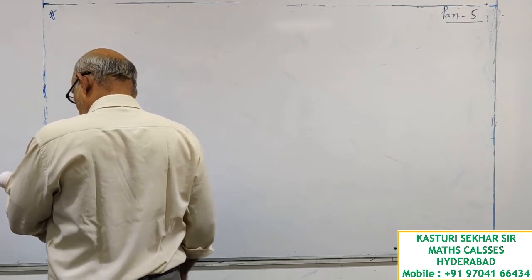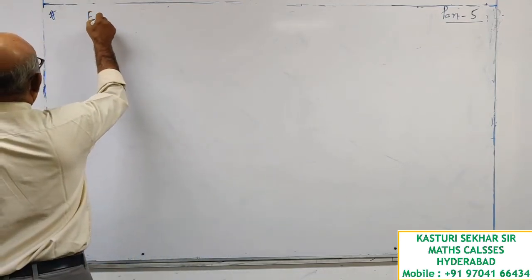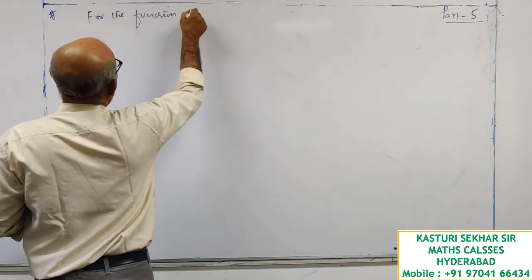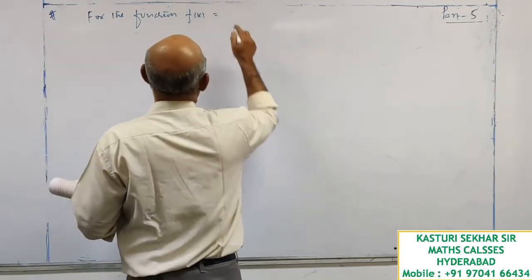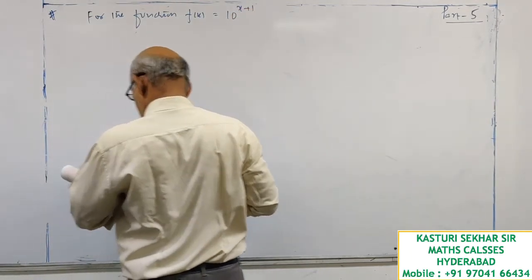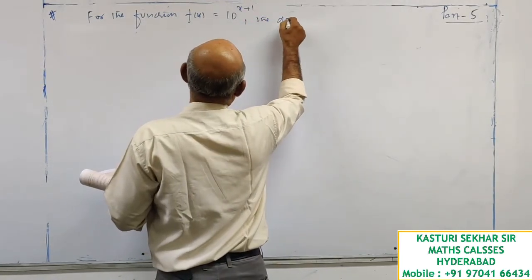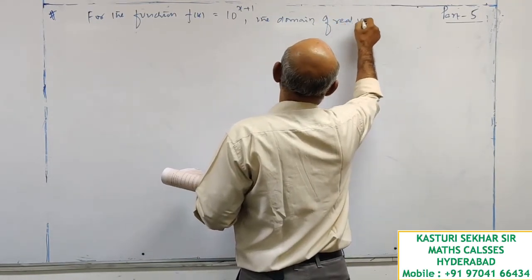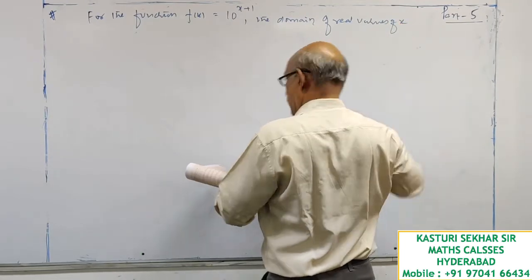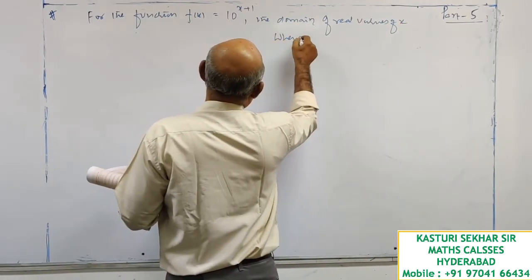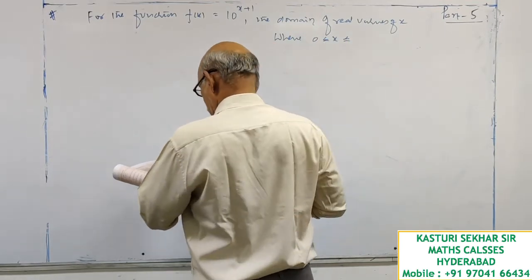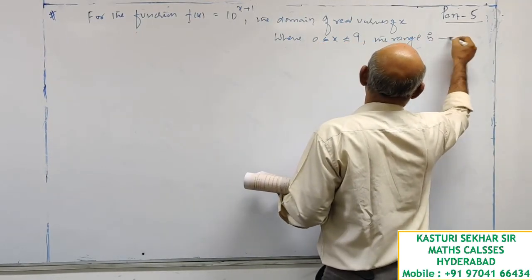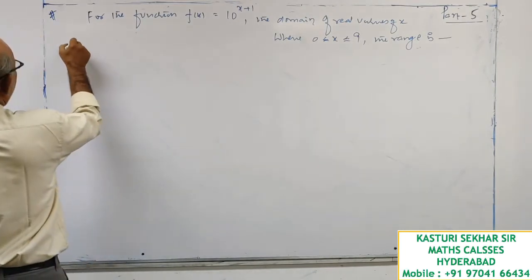Now, for the function f of x is equal to 10 to the power x plus 1, the domain of real values of x where 0 is less than or equal to x, x less than or equal to 9, the range is option A,